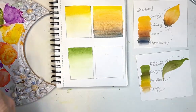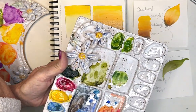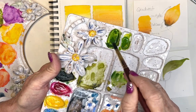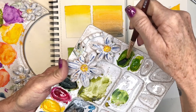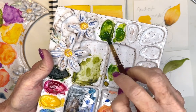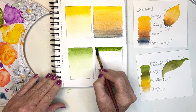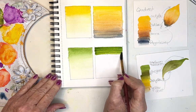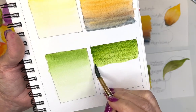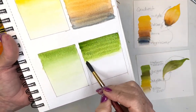I'm going to pick up my tree green or sap green, whichever one you're using. I'm going to do this 80-20. Oops, got a little too much pigment there. So tapping off, I can pick up all the paint in that well, almost, but I don't want to go on my paper with that. I want to tap off and get some of that paint out of the belly of the brush. And let's go in across the top, just like this, a beautiful shine, no puddle. There we go. Now I'm just going to rinse my brush and just soften that line a little bit,